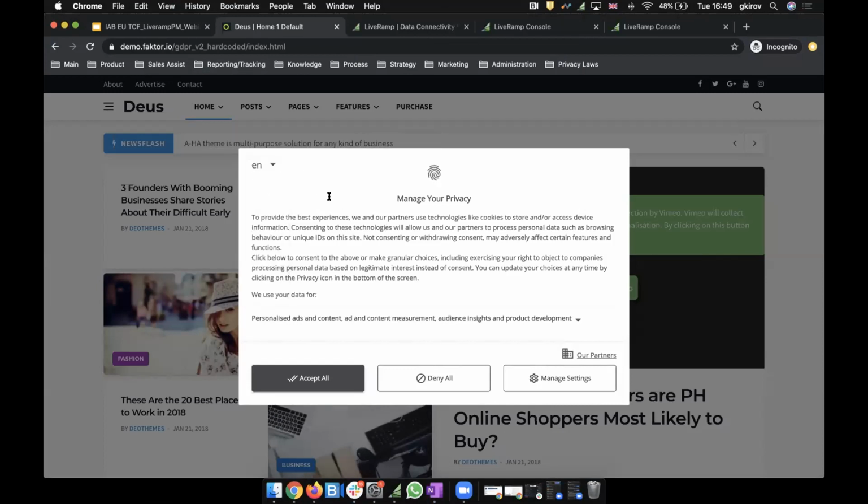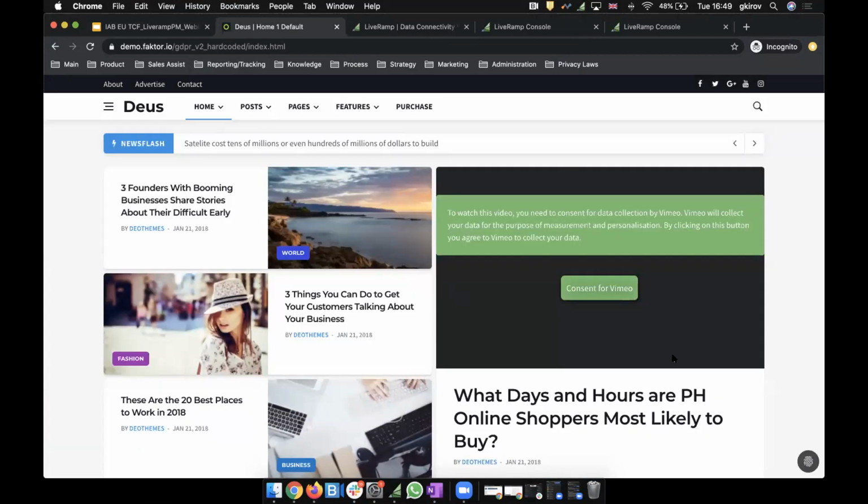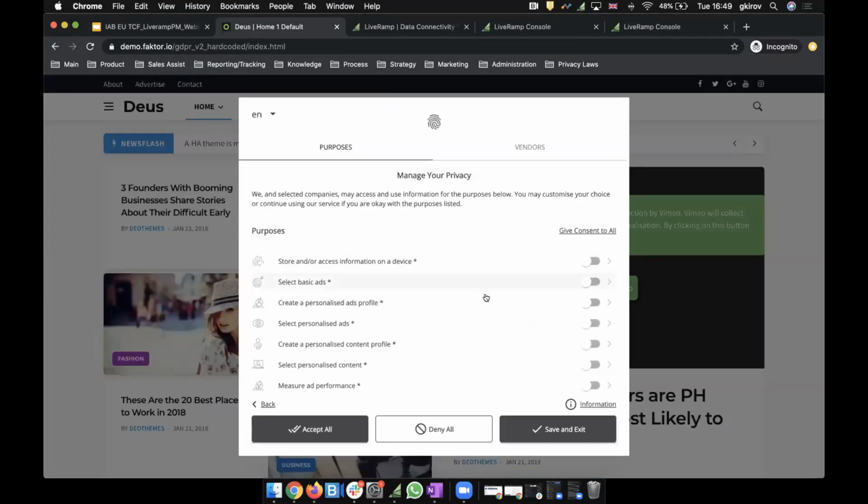Even users can choose different languages. But for the purpose of now, I'm just going to deny all. Let's say I'm a consumer, I go to your website and I just deny all, I don't want to share any data with any third-party vendors. I can always go back to the privacy manager and you would see that all the purposes as well as